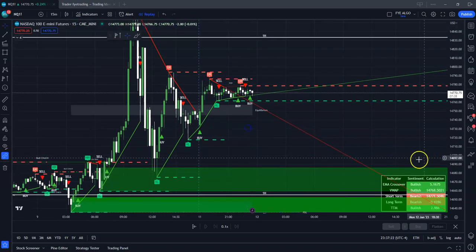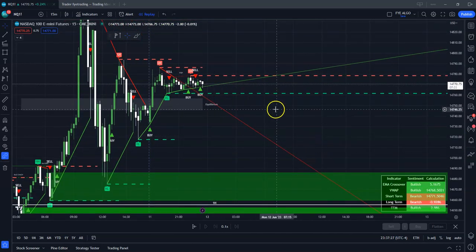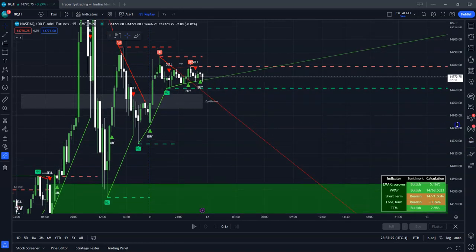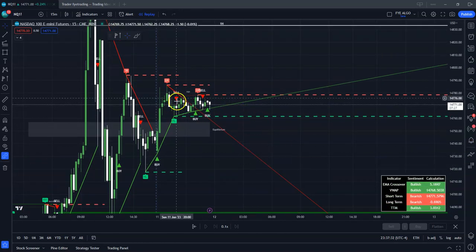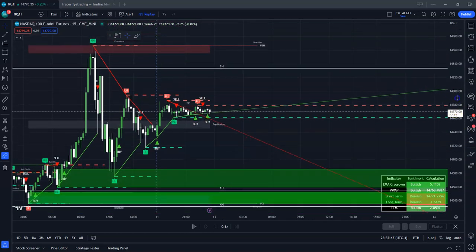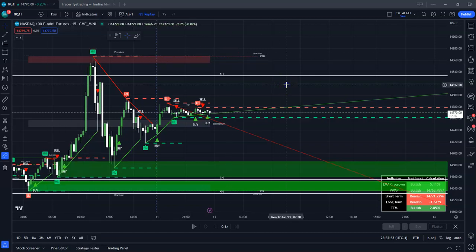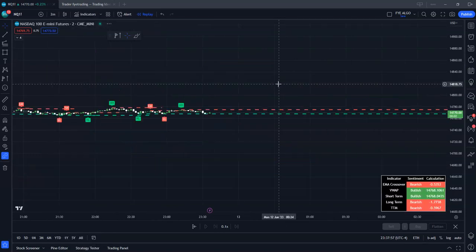So, putting this all together, if I was looking for a setup, I would look to see a break of, let's say, back below these lows. And if we're breaking a descending trend line or something like that, then we can target an area to the downside, and vice versa. Right? Now this will work on any time frame, even as little as 2 minutes here. If we want to go to a 2-minute chart,